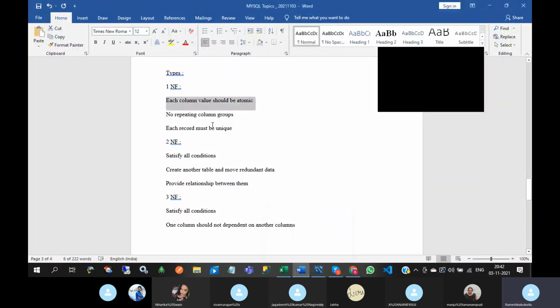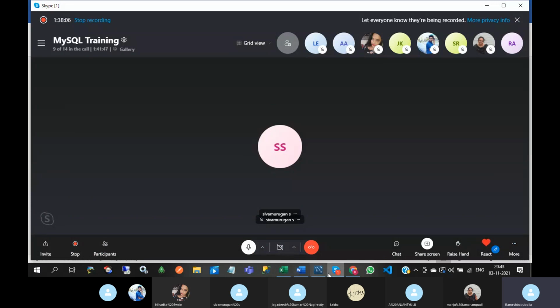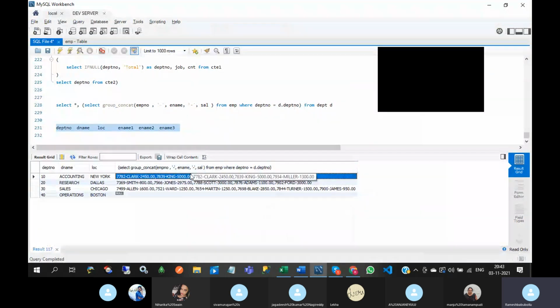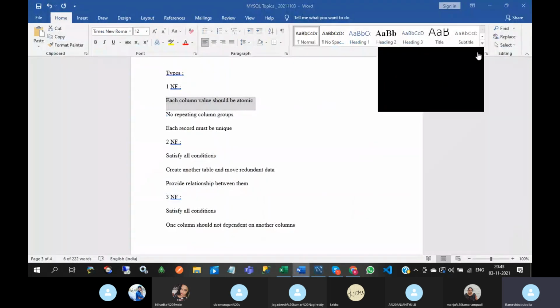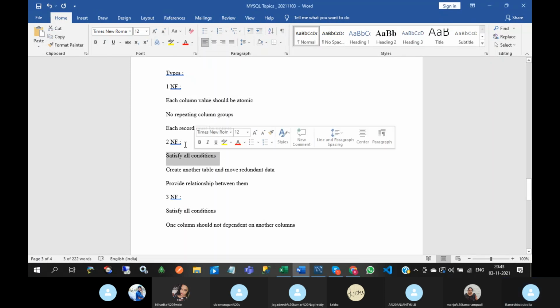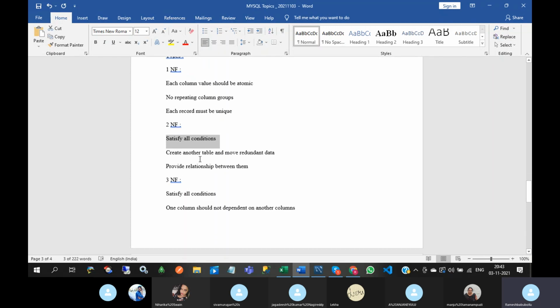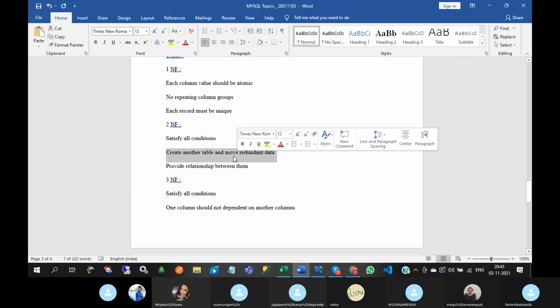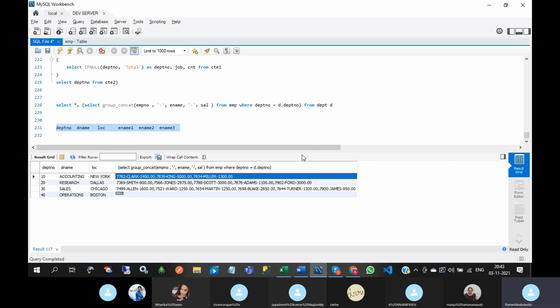Next one is each record must be unique. In a table, each record must be unique, with no duplicates. Then only can we achieve first normal form. Second normal form means to satisfy all the conditions in first normal form, create another table and move redundant data.